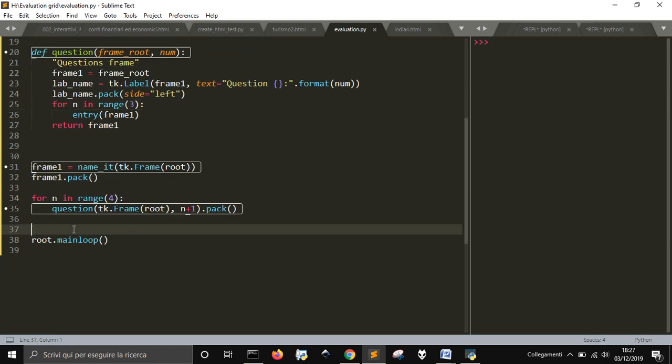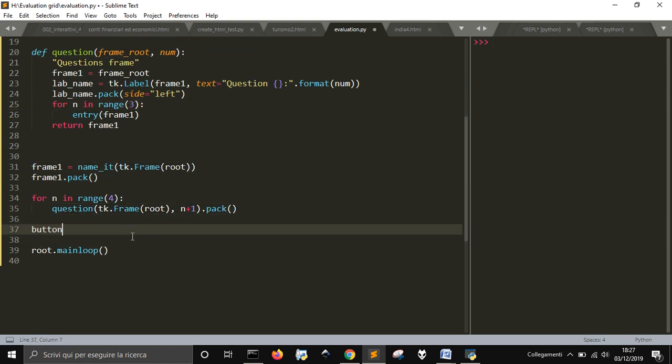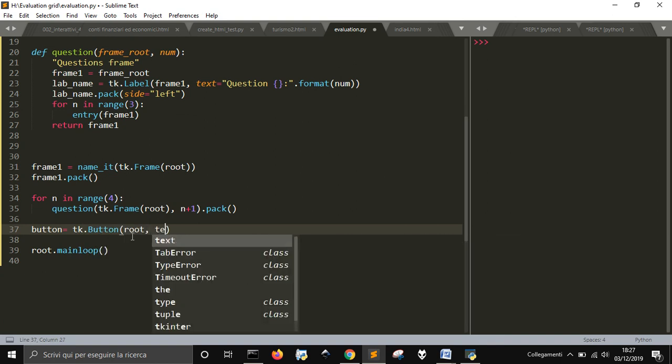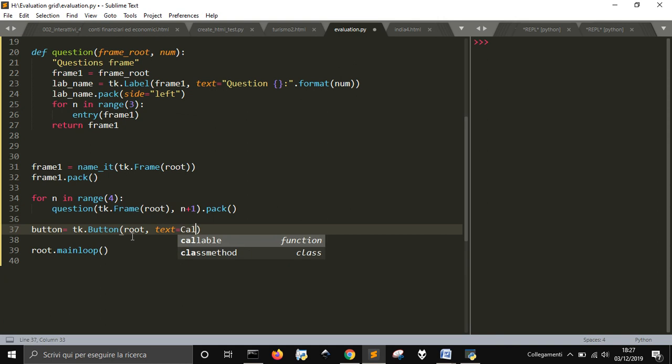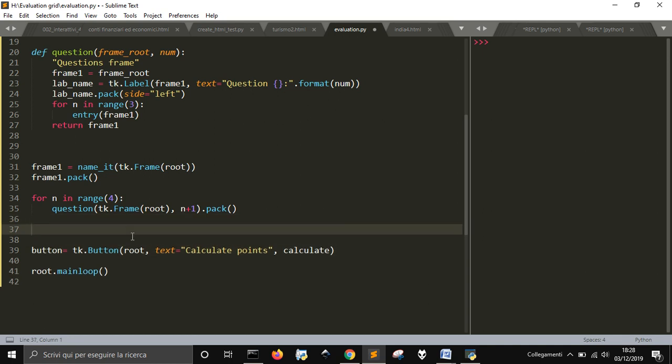Now let's add a button down here. Let's call it point. And now we need to have